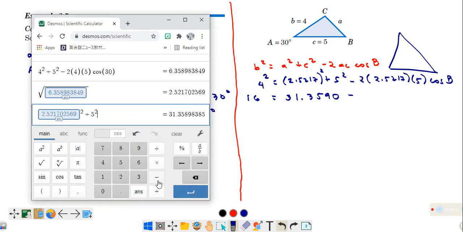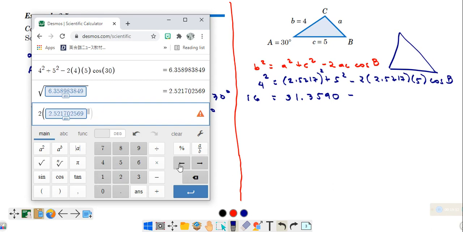Ayan. So, delete ko lang to, kasi kailangan ko pa rin ng answer. Pero instead of this, I will use 2 times the answer times 5, which is